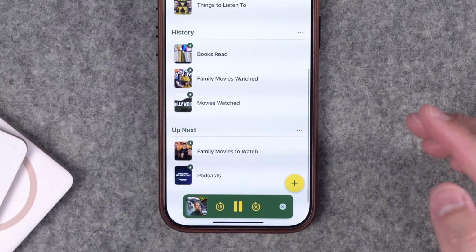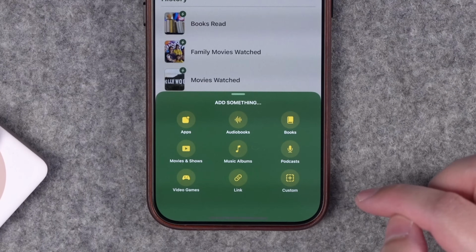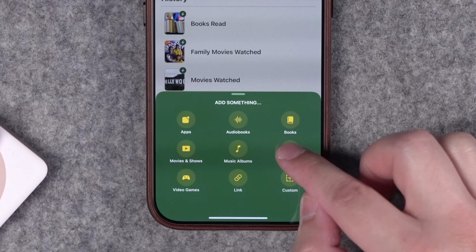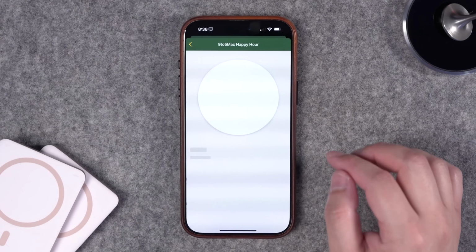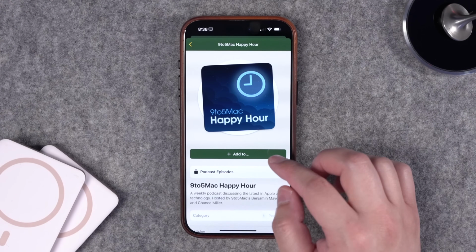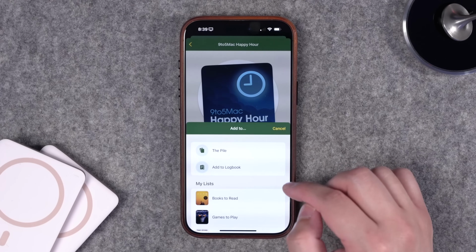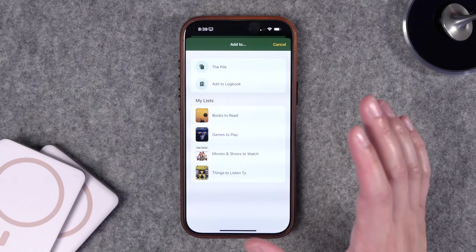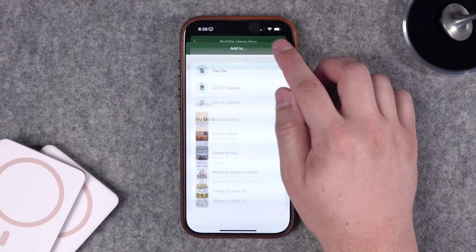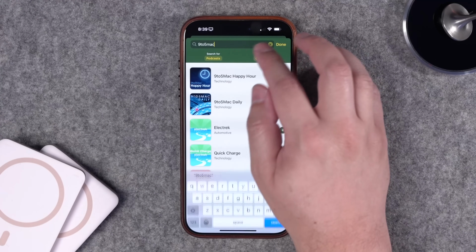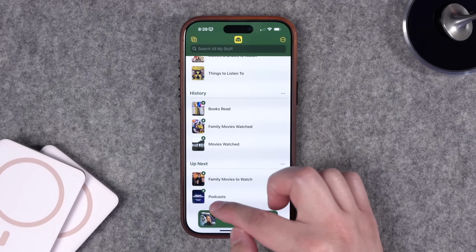Now by default, when you want to add a podcast to Sofa, you have to tap the plus button on the main screen, then go to Podcasts, and then you can search for a show up here. Once you find a show, you can tap to learn more, and then you can add it to your Up Next. But then when you tap Add To, you only get the default sections, and so you would probably want to put this in the Things to Listen To. But Things to Listen To can also include music and audiobooks, so I created a Smart List, which just lists